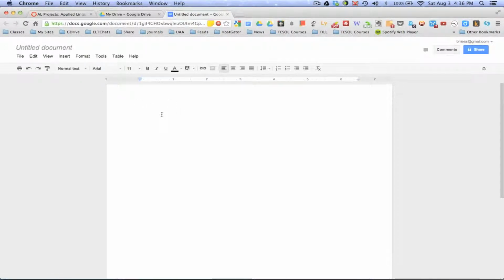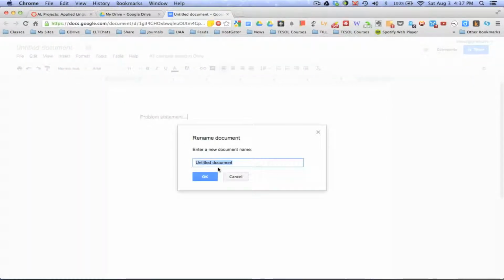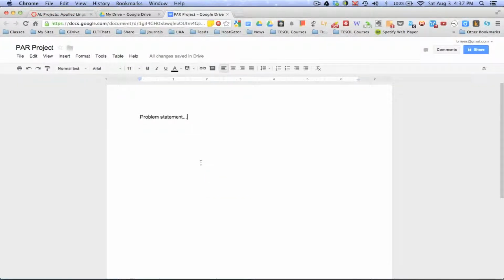And I'm just going to put in some text here. Our first week we'll need to create a problem statement. Alright, so you'll add your problem statement, 1 or 2 sentences here, and you'll probably want to rename it. And I'll just call this a PAR project, or Participatory Action Research Project, which is what we'll be working on